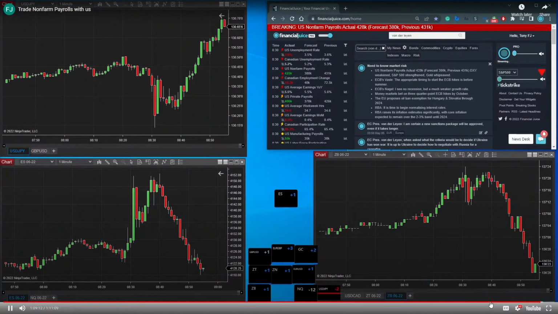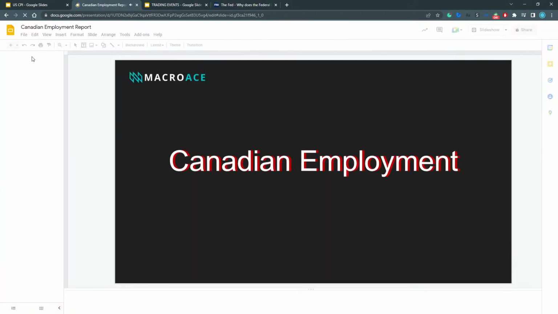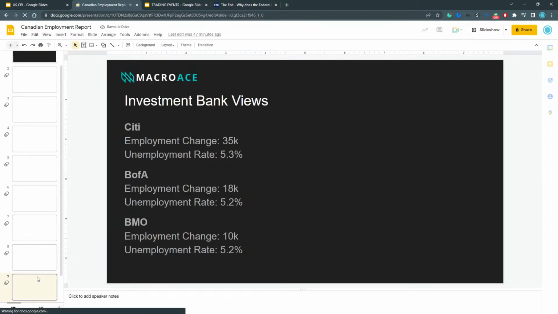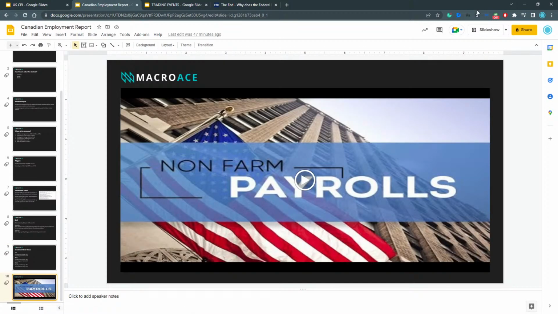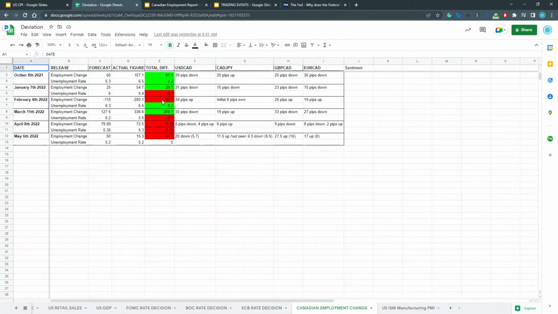So that was the dollar CAD. It was a bit mixed. But if we look at the deviations of what we had seen last time, let's get the deviations up on here. So Canadian employment change. Okay. So May the 6th on dollar CAD, we've seen about pips towards the downside, and after about 10 minutes, we're 5 pips down, 5.5 pips down.